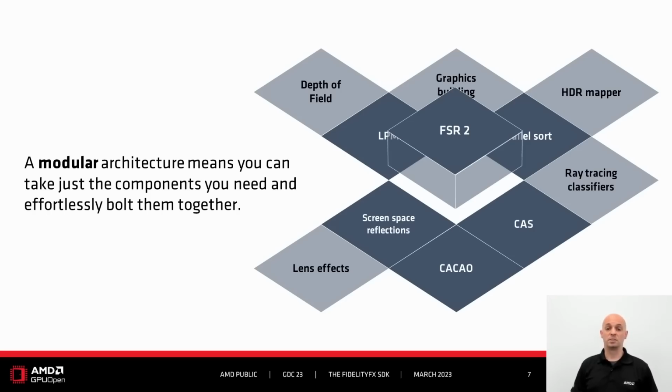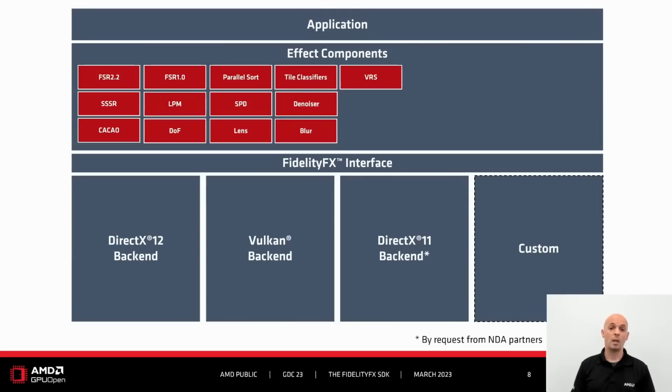The SDK was designed from the ground up to be as modular as possible. This means you're free to pick and choose and support only the features you want and leave the rest behind. This modularity also applies to our backend implementation. The SDK will ship with a native DX12 and Vulkan backend and a custom backend example for our own graphics framework Cauldron, in order to show how custom multi-API or multi-platform backends can be implemented to support the SDK.